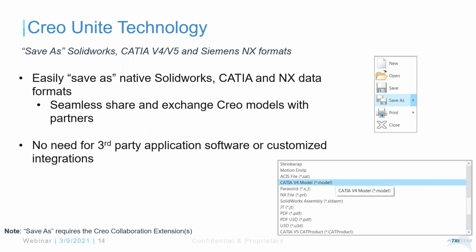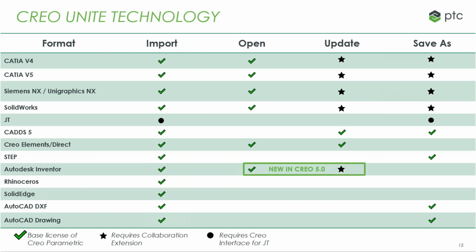You could also do a save as, finally, right? When you do a save as, you get the option to save as a SolidWorks file or a CATIA file or an NX file. And again, this is part of the collaboration extension license capability. So I talked about what is Unite technology, but what are the supported formats currently? You could see that CATIA files, NX, most of the other CAD system files are supported right now. The import and open functionality, wherein you're either doing the conversion if you do import right away,